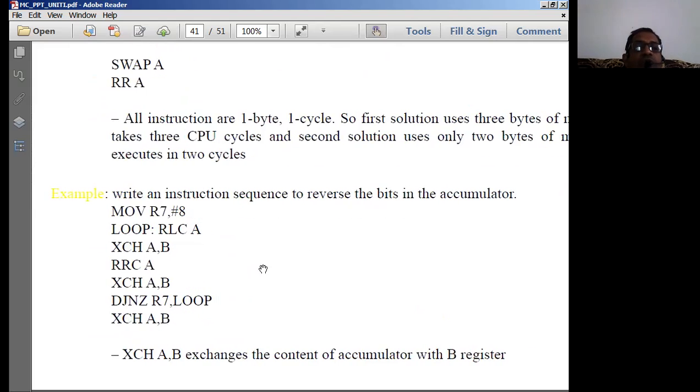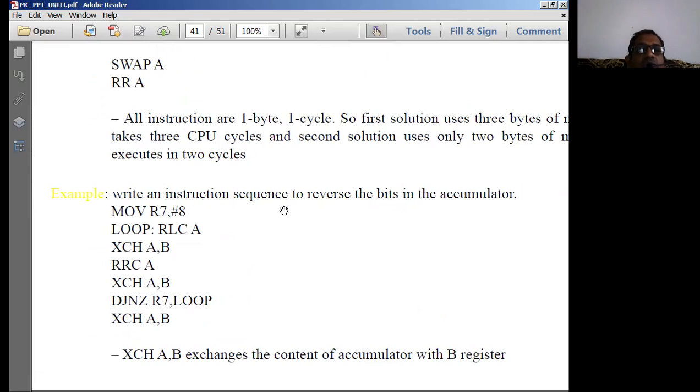So let us go with a simple, small program. Nobody will ask us how many machine cycles or byte cycles it is going to take, because we have only a simple programming part in the syllabus. That is why we are dealing with these simple programs. So let us take an example.